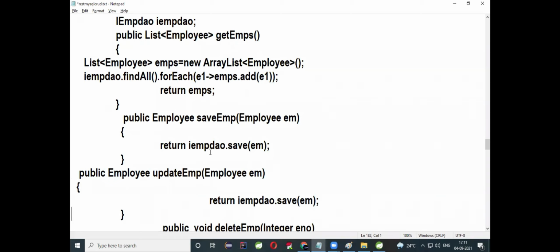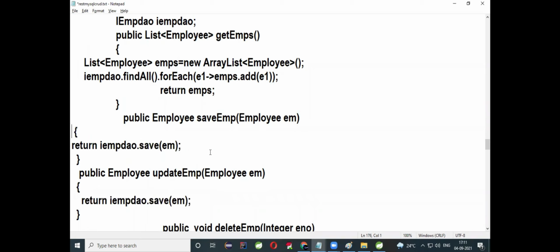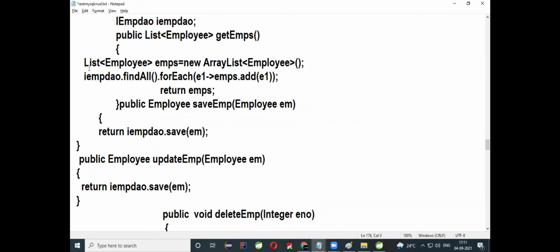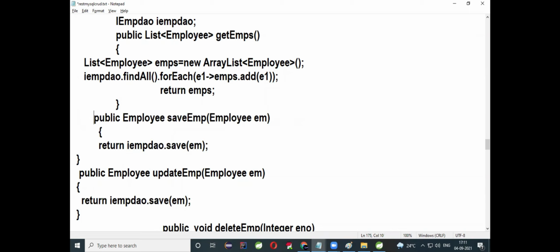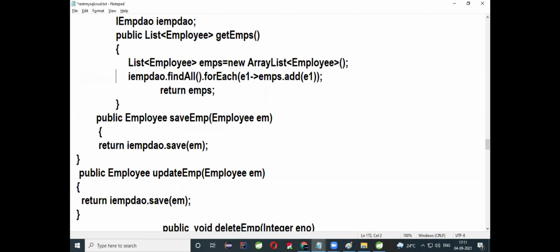When you work with Hibernate, here what will happen? Collections will be there. The data will be saved in the collection. You need not write any extra code. SQL queries are not required. Just transfer the data in the form of objects. That is what your collection is. First of all, store the data in the collection and then we need to transfer the data. Database to DAO layer communication is through objects.